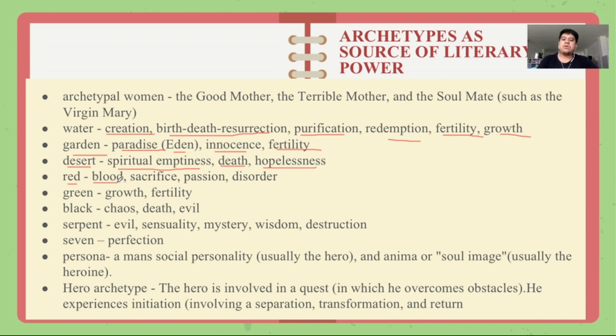Red color, we associate with blood, sacrifice, passion, and disorder. How about for green? Growth and fertility. Same with garden. Black, chaos, death, and evil. Serpent, evil, sensuality, mystery, wisdom, destruction. Seven is perfection. Persona, it means social personality, usually the hero or animal, or a soul image, usually a heroine,